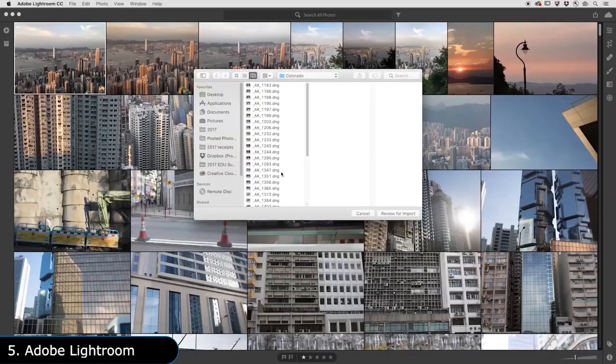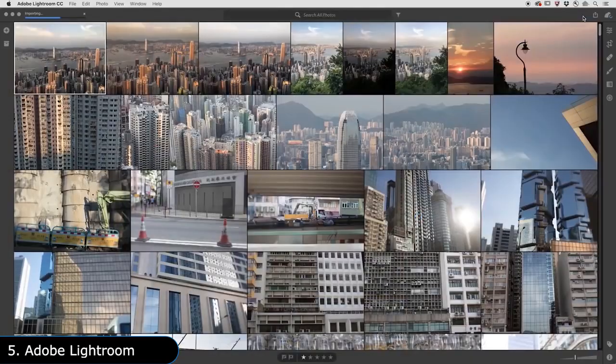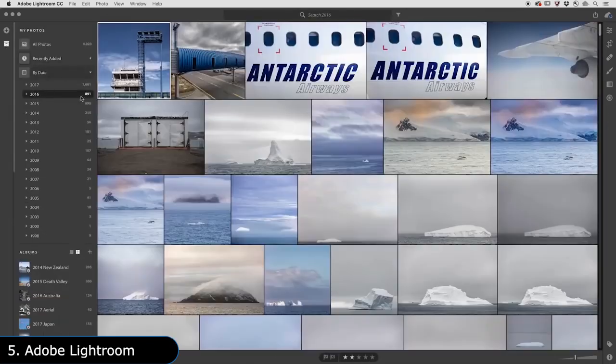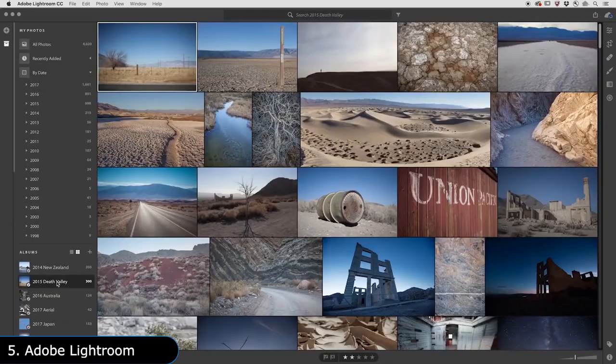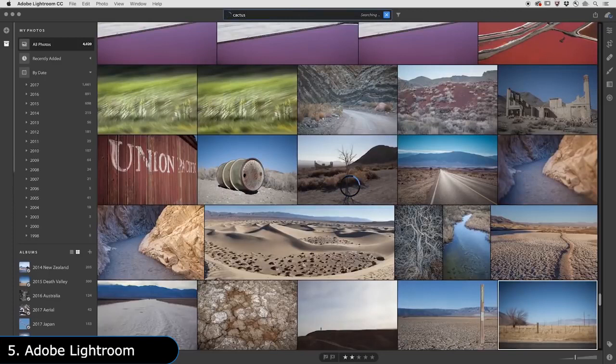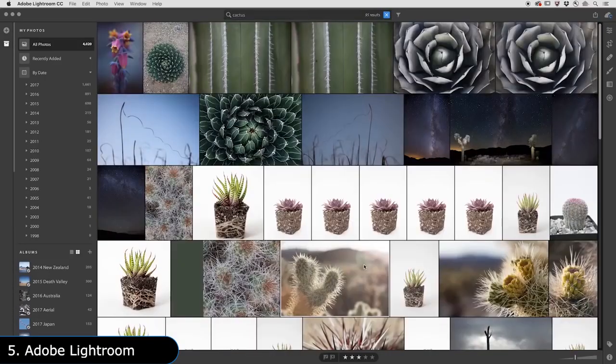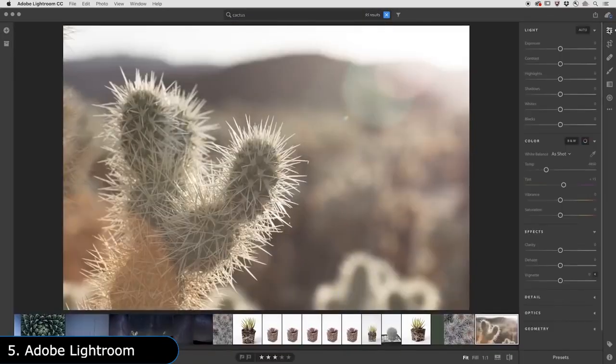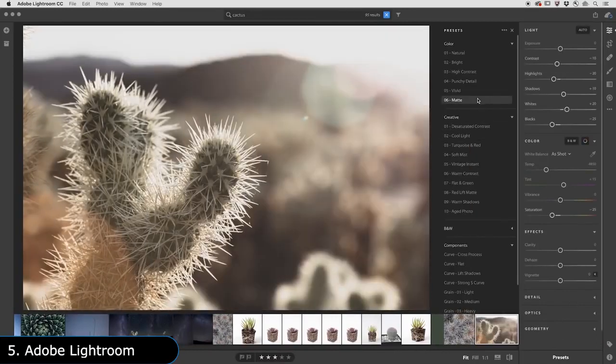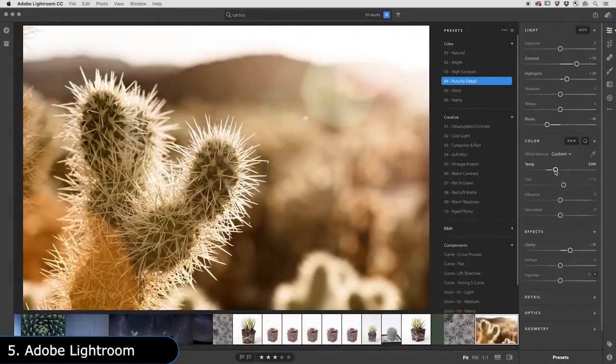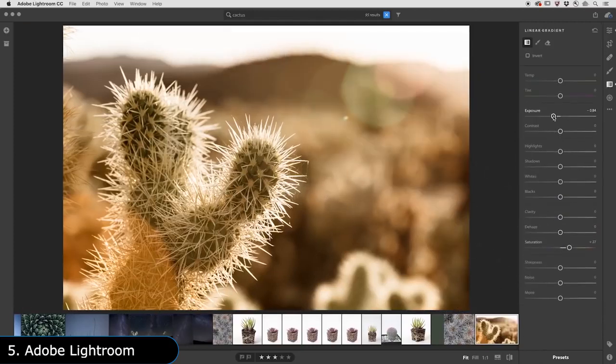Next is Adobe Lightroom, which is a photo editing software similar to Photoshop. However, it is specifically designed for making minor edits like color balance, brightness, or contrast of large collections of photos. It doesn't have the pixel level control found in Photoshop, but that also makes it far easier to learn. Professional photographers use it in their workflow as a photo management system for efficiently cataloging, organizing, and post-processing thousands of photos.